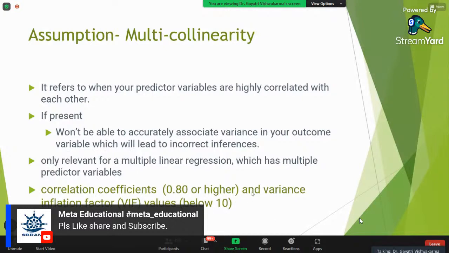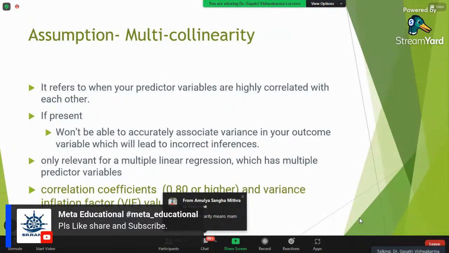For multicollinearity, in SPSS there is one coefficient, the variance inflation factor, VIF. You have to check that value in your output. If it is below 10, then you can say multicollinearity does not exist, and then we can put these two variables together in the model, or all variables in the model.